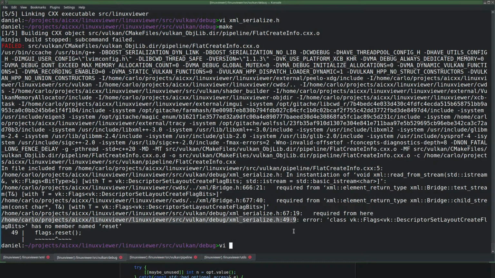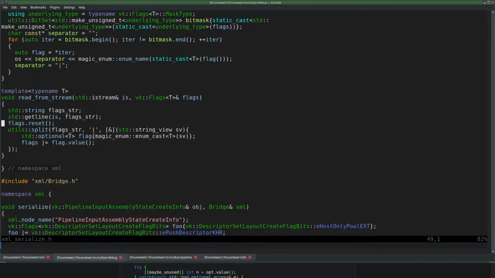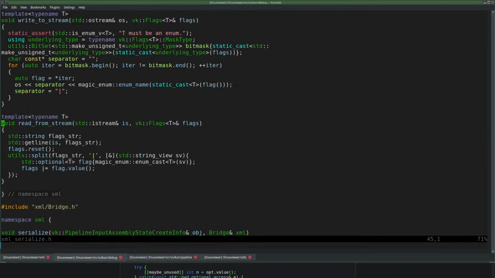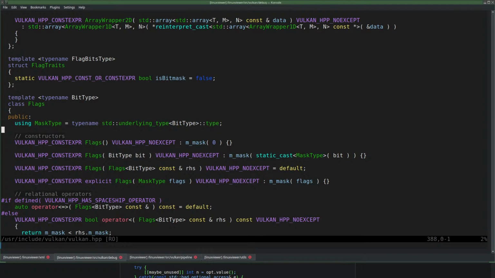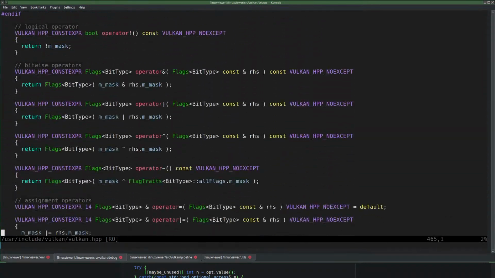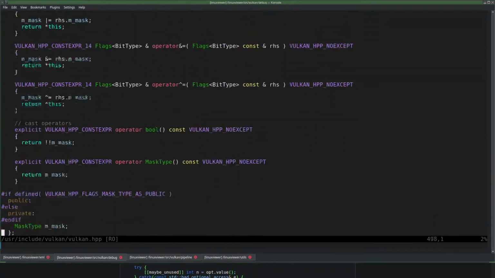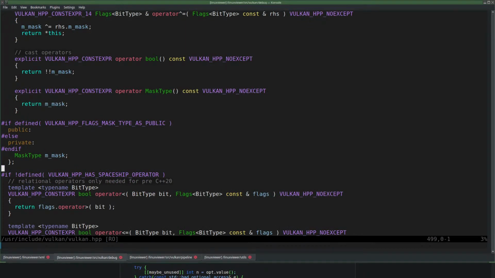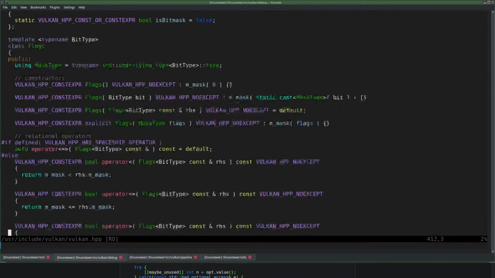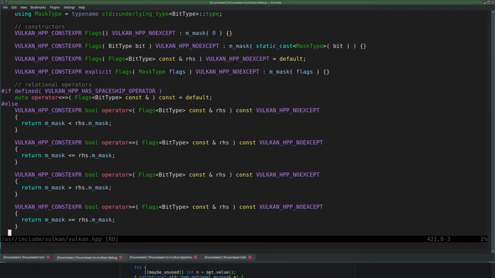Nope, it does not know what reset is. Clear then maybe. And there we go again. Why didn't I jump to mask type? Operators and more operators, and that's it. Seriously? This thing does not have a reset or anything even like it.